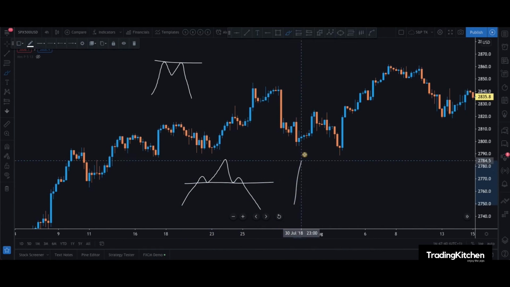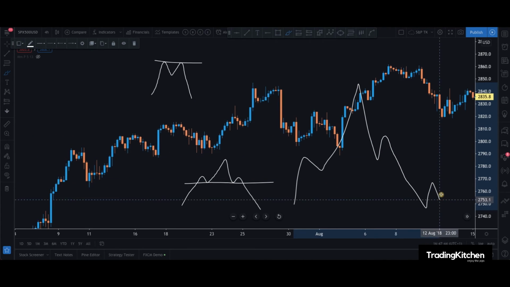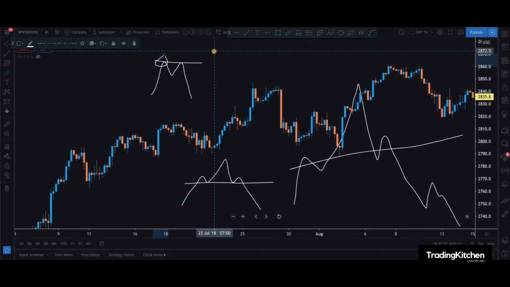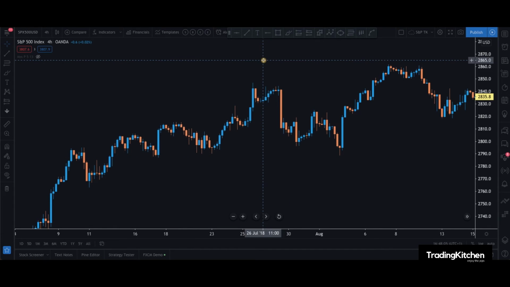Okay, but you will see something like this. Okay, why? Because we are in the market, and the market always gives us a lot of dirt. Okay, a lot of traps, a lot of manipulations, and so if